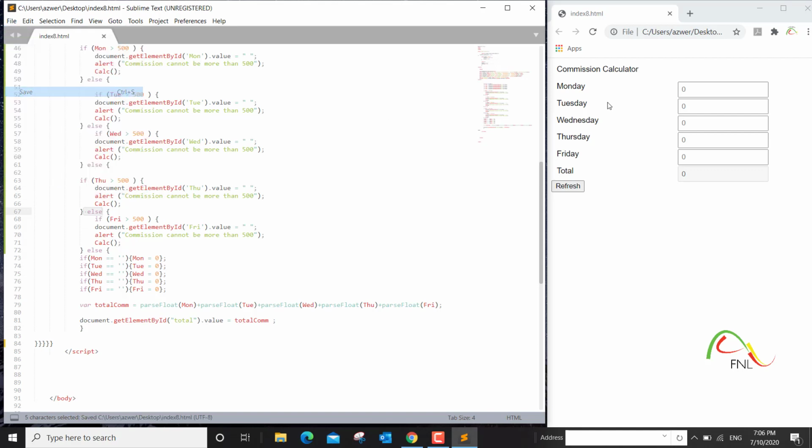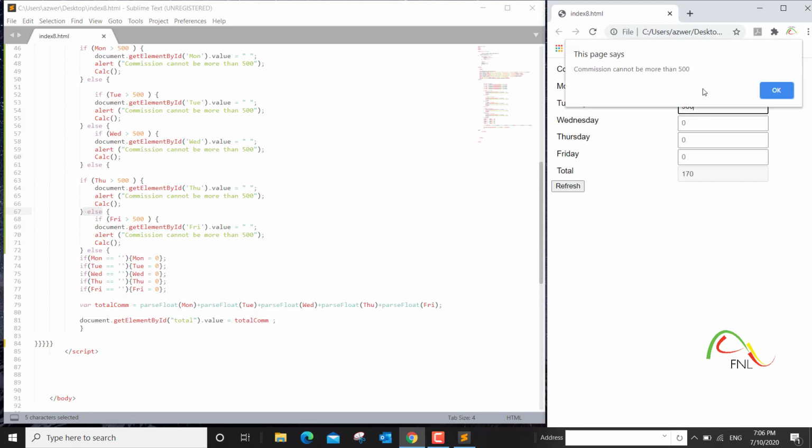So let's see how it behaves now. I'll type in a value of 80 here, but in this field I'll type in a value of 900. You do get an alert. Say OK, the value goes back to 0. This value does not change. 90, same thing here. 60. If I type in 600, you do get the same error, same alert, and the value goes back to 0. That's how you can limit the values in an input field.